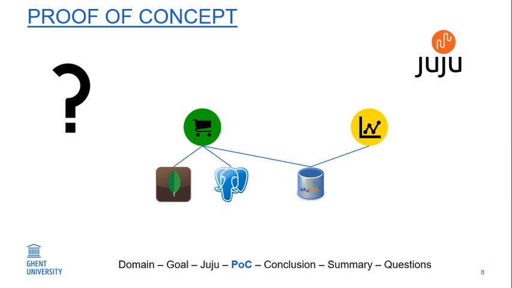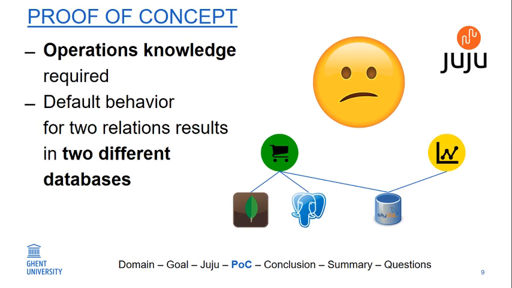That's the first step. The second step, and I'm gonna show it here, is that the default behavior of a lot of charms is that as soon as a new relation is added, a new database will be created. So in our case, the MySQL charm would create two different databases, which is not something we want. We want one and the same database. So right now in Juju it would not work in a fully automated way, we need manual intervention, which is, well, kind of sad. So that's what I wanted to solve, right?